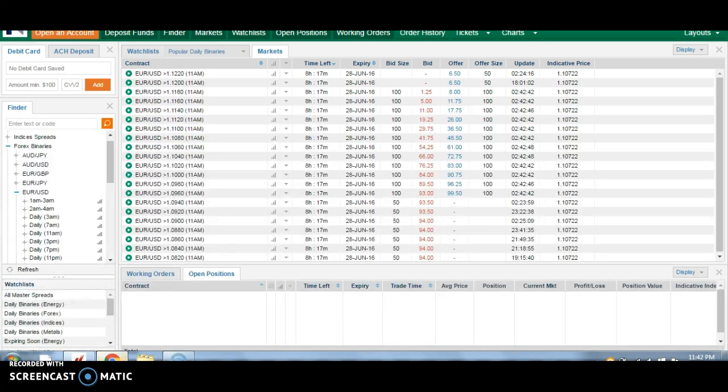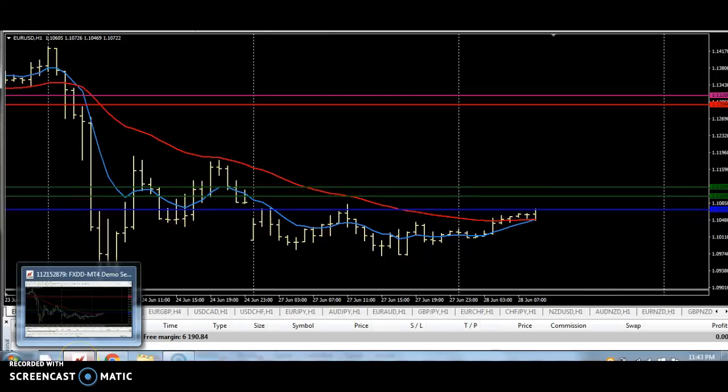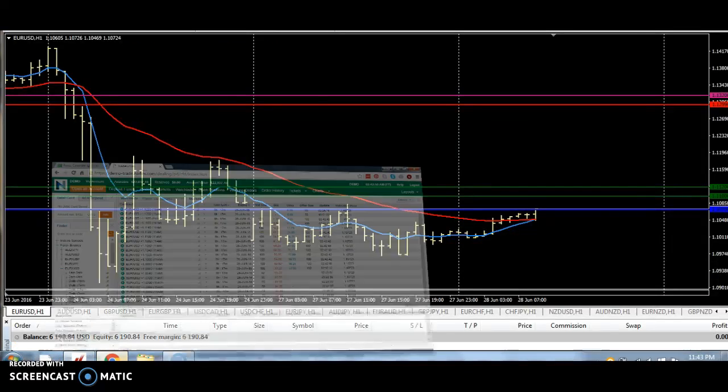And I'm going to go over to Nadex now. And this is the Euro USD. It came way down. Obviously, this is the one that took the hit. It retraced a little, came back down, retraced, came back down, and it's been kind of ranging since then. But the moving averages are really close together, and for the past 5 hours, there's been no ATR whatsoever. This bar is the first one that really seemed to move, and we'll have the U.S. market opening soon. So I'm going to go ahead and take this trade here on,